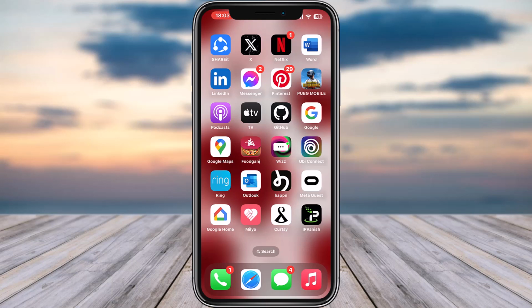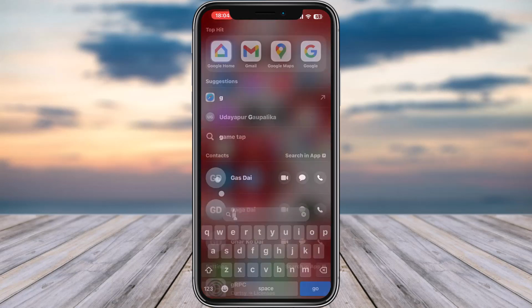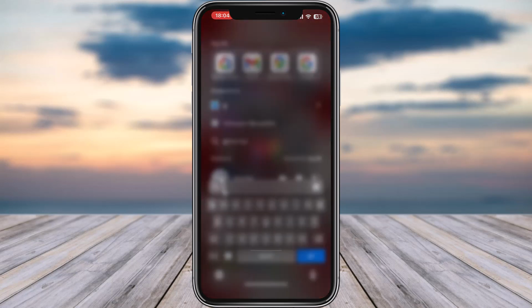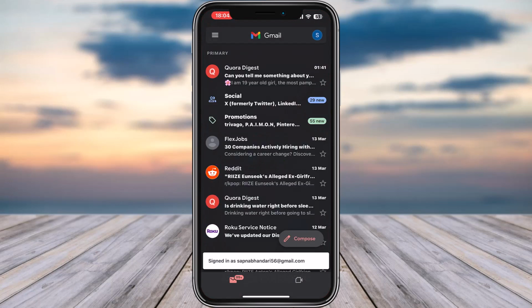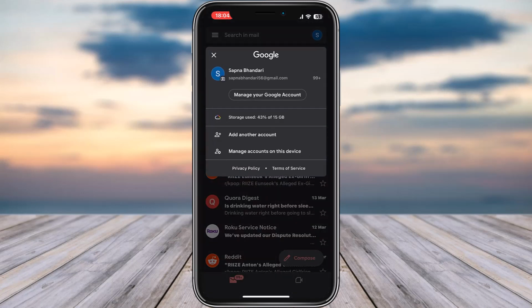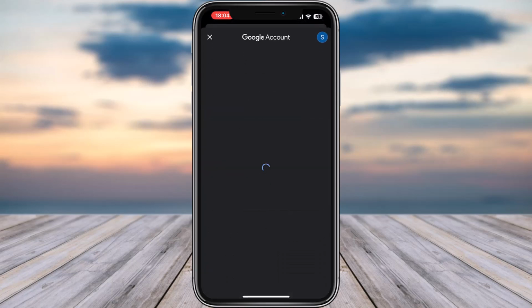Let's get into it. So for that matter, all you gotta do is simply access your particular Gmail app on your phone. Once you have opened it, make sure you're logged in with the correct account as well. Now right over here, go ahead, tap on this profile icon on top right, tap on this manage your Google account,